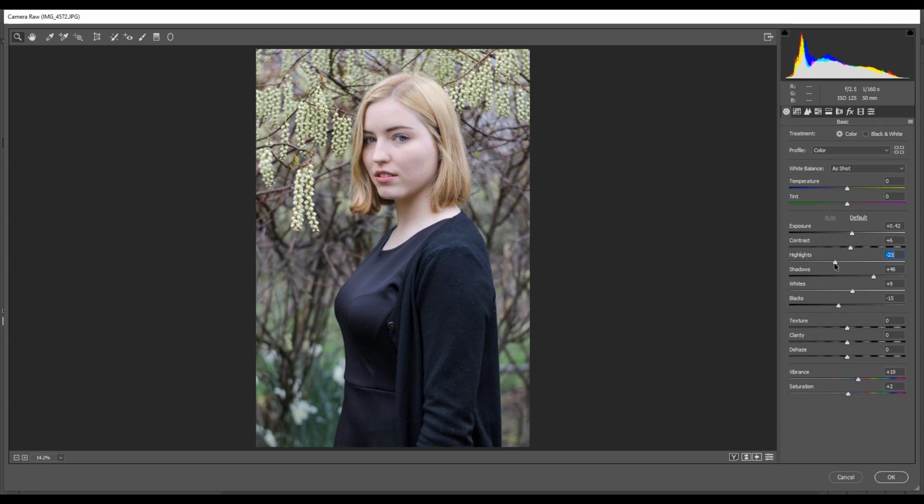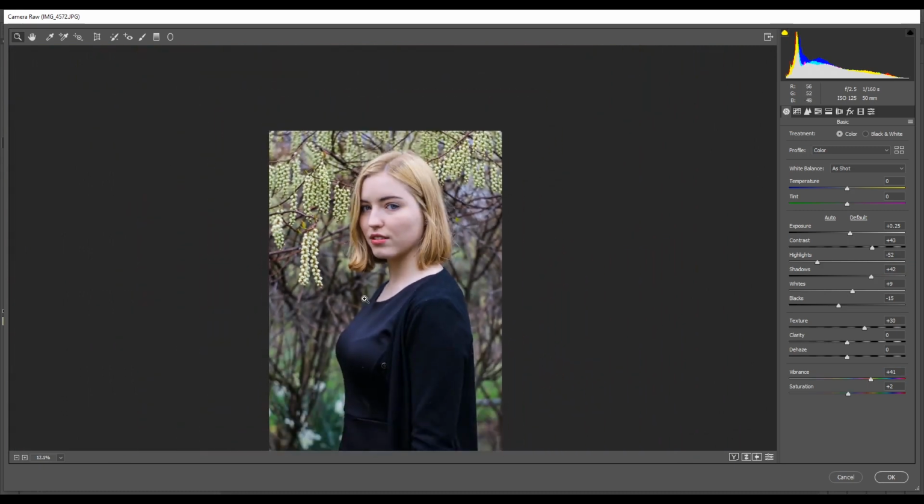Then I will change the highlight to -52, texture around 20, adjust the exposure to 25, increase the contrast to about 43, adjust the shadow about 42, increase the vibrance to around 41,